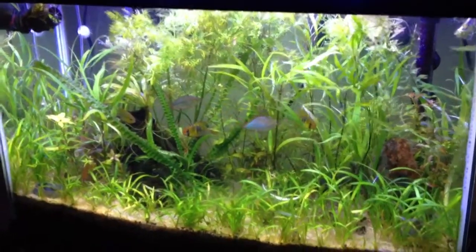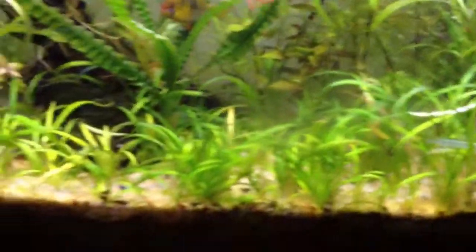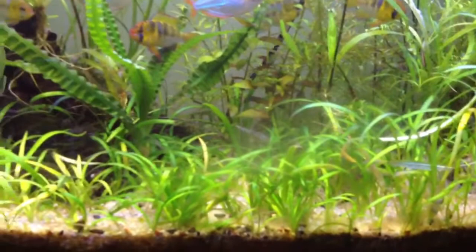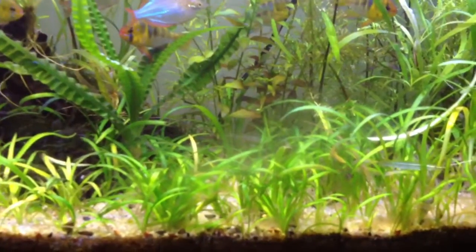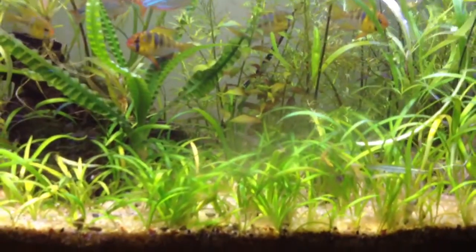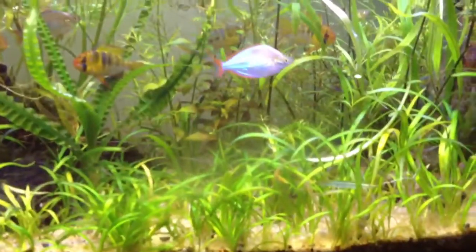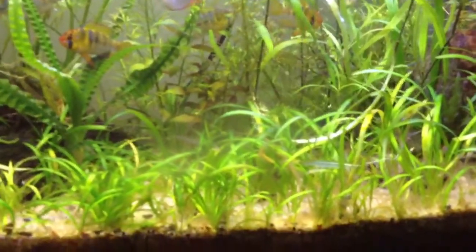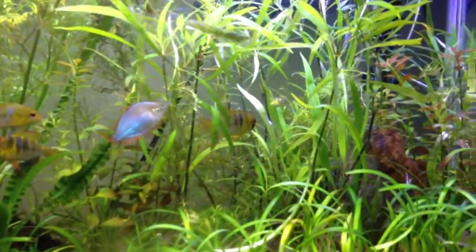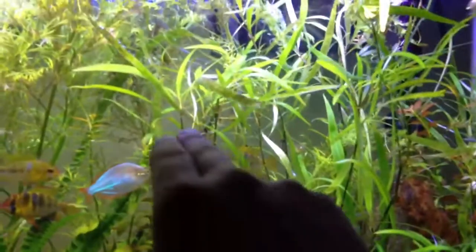Before, I should have had about 50 to 60 PAR on the sand right here, assuming that the reflector is clean at all times, which it isn't, so it'll be closer to 50. With the LED light on there, I'm getting closer to 80 PAR on the sand here, which is more than enough. And the reason really why I wanted that is because with my Hygrophila augustifolia especially, you can see here